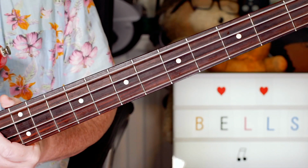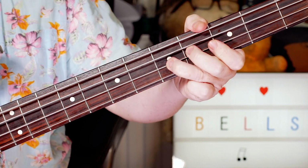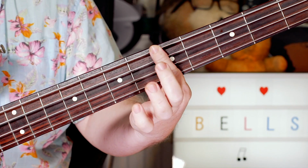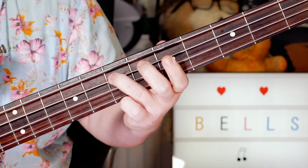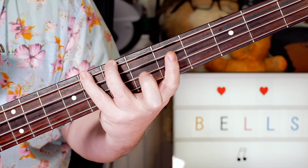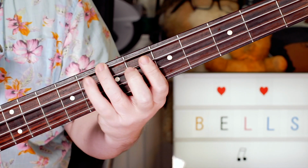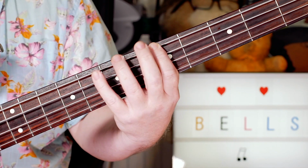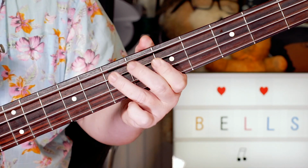The first riff I played was, so I'm playing an A on 5, and then I'm doing a hammer 7 to 8, B to C. Okay, so 5 and then 7, 8 on the E string, and then 5 to 7 D to E,